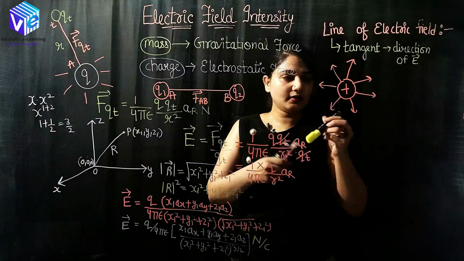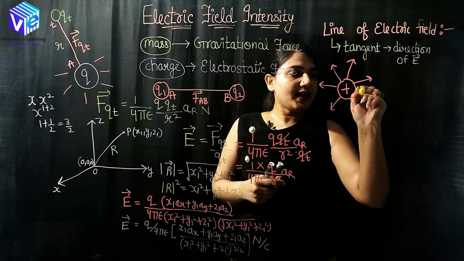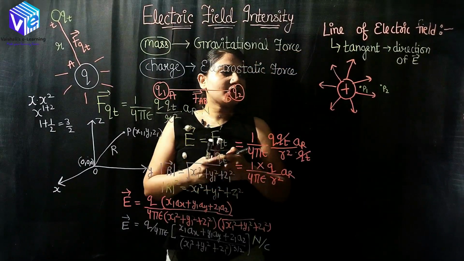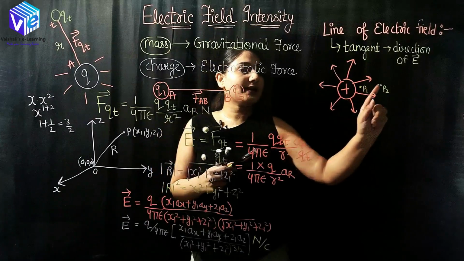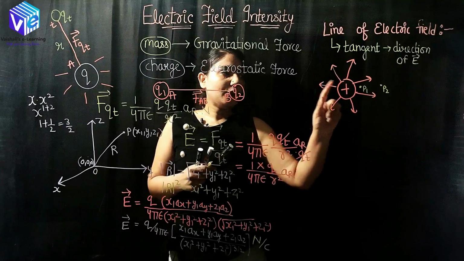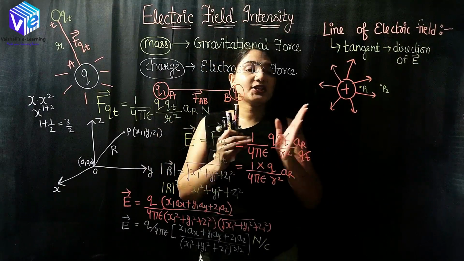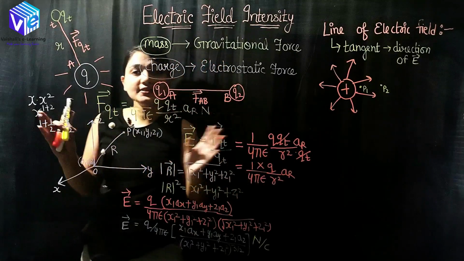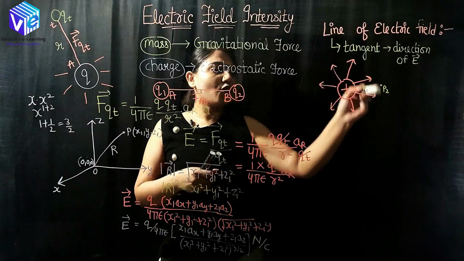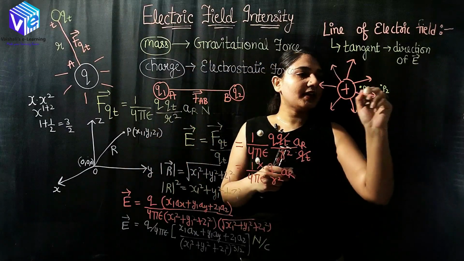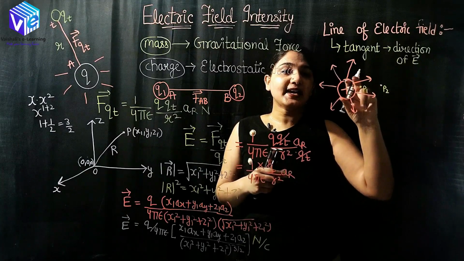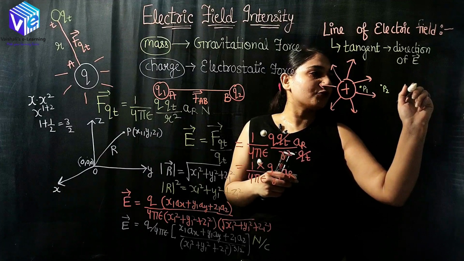So what is the electric field intensity at point P1 and here at point P2? So the electric field intensity at point P1 will be greater than at the point P2 because lines are denser in this region. Okay, and this is an isotropic charge which is radiating in all of the directions uniformly. So if I have a positive charge and it is radiating in all of the directions uniformly, then I can compute the intensity of the electric field by just looking at the density of the electric lines of force.